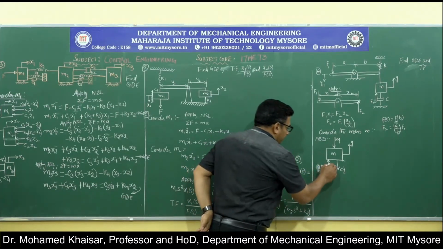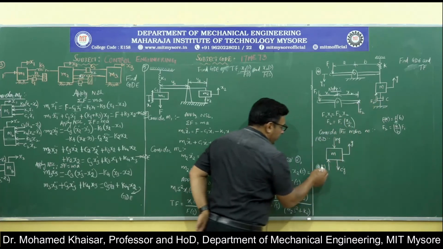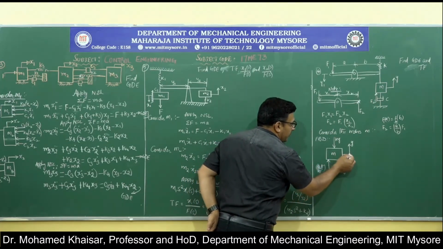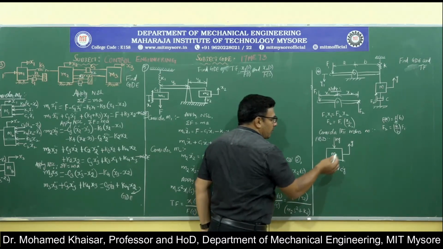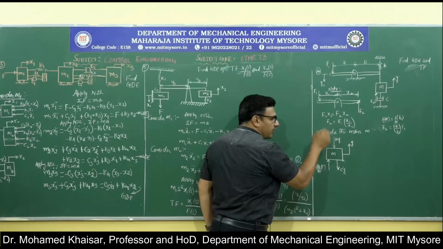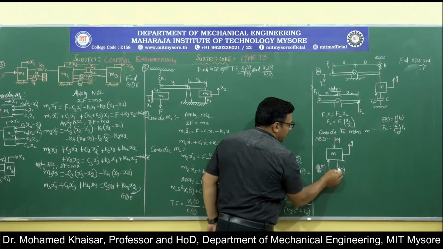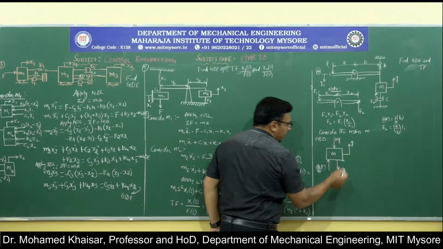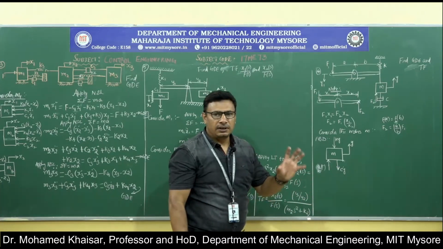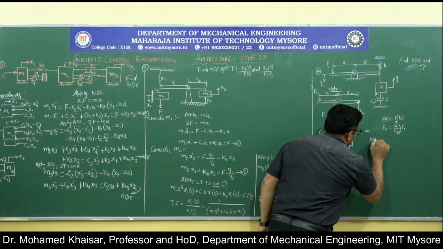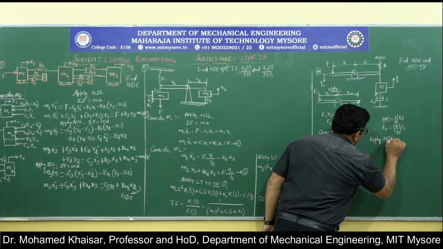Now this mass M is going to get disturbed by this particular force, because of which the mass gets displaced by a distance y. To this displacement, the resistance is offered by the spring with a spring force of Ky, and the damper with a damping force of Cy dot. This is the mechanism. Now the next step is to apply Newton's second law.